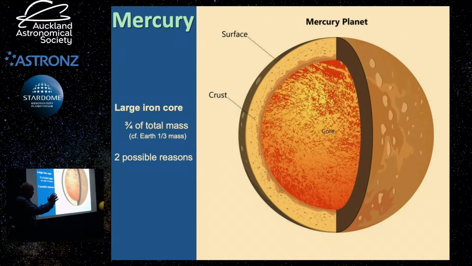It had an iron core yay big, with a mantle and a thin crust, and a major collision with another protoplanet or another planet collided with it and sheared off its mantle, and just a little crust formed around the core. That's been the conventional thinking, but some computer studies have recently shown a new possibility, is that